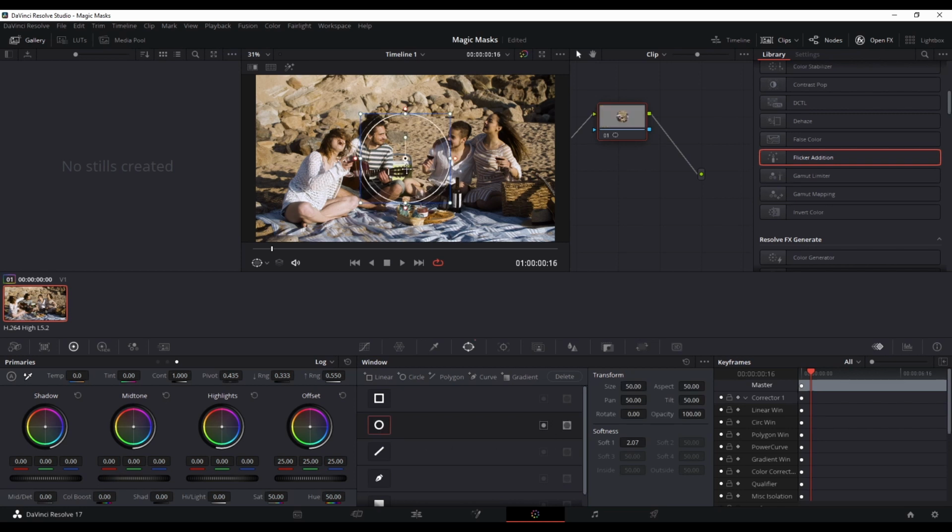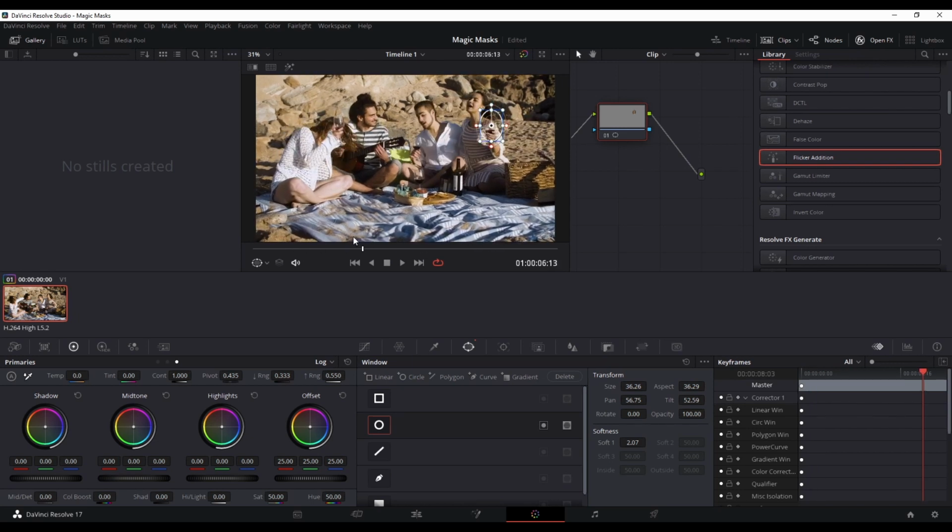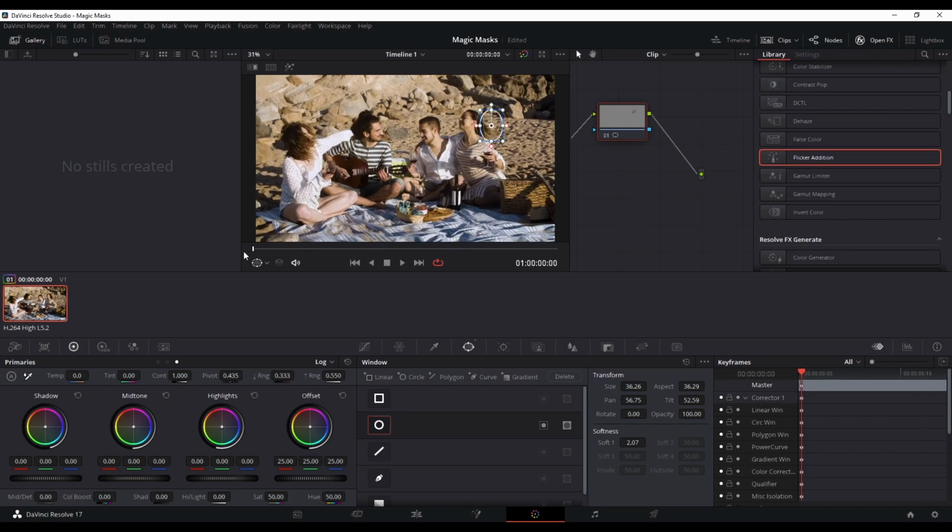So I'm going to just pick a person. I think we can pick this lady over here and put this window over her face and just make it slightly different size, bring it in a little bit, position it approximately over her face. Now she obviously moves around in this clip, so if you actually look, she goes out of frame a few times, so we need to be able to correct for that. And actually I wasn't on the first frame, so the key thing here is to pick a good position. So actually the beginning of this clip is fine,